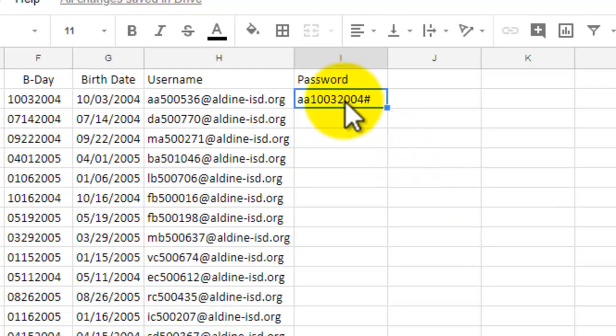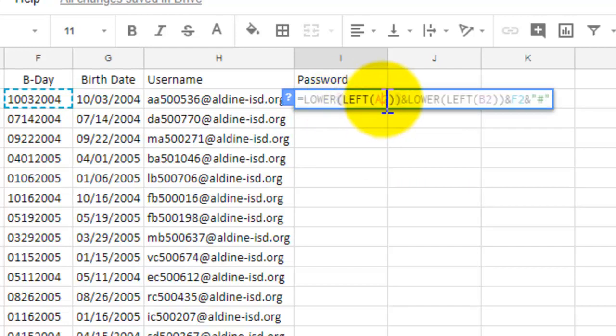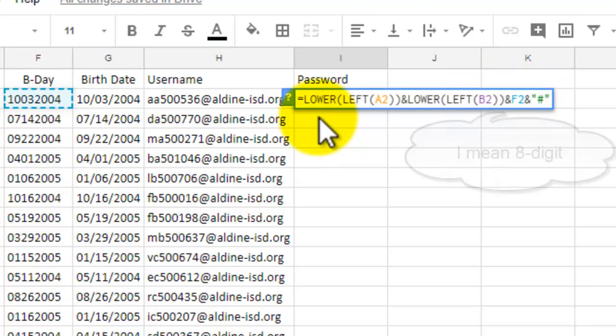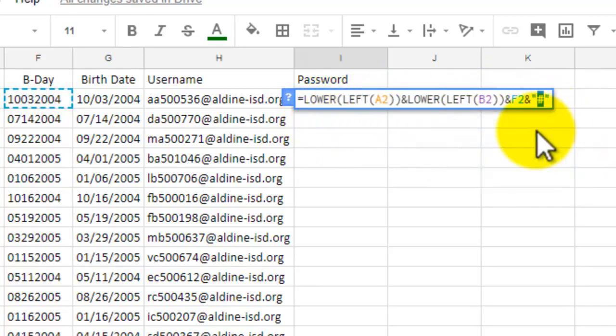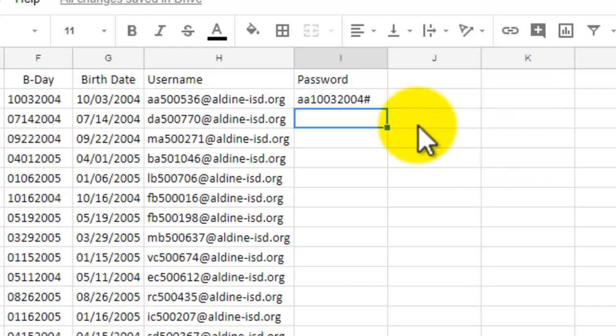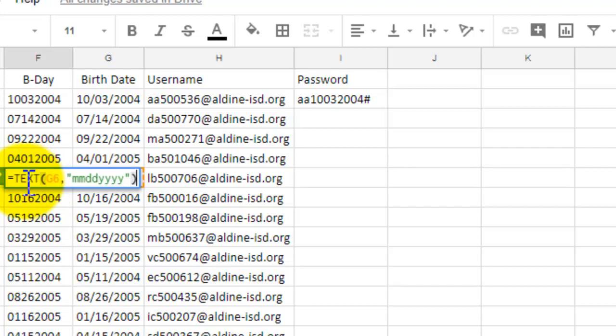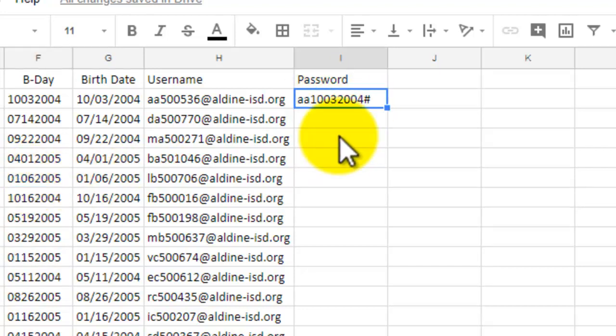If you see something weird that comes out here, just double check that column A is where your first name is, column B is where your last name is, and that column F is where your 10-digit birthday is. And then that you didn't lose the pound sign at the end. That's why earlier we made this into text, because sometimes it drops that first character if it thinks it's a number. Paste that all the way down,